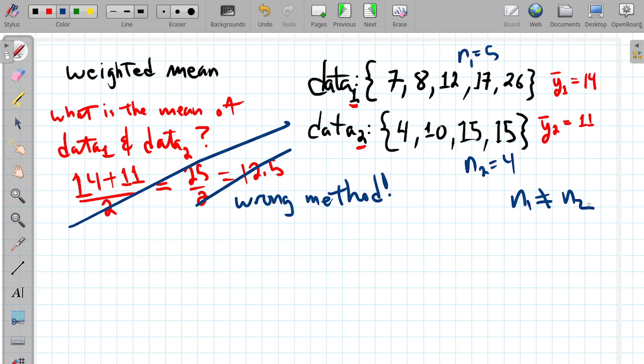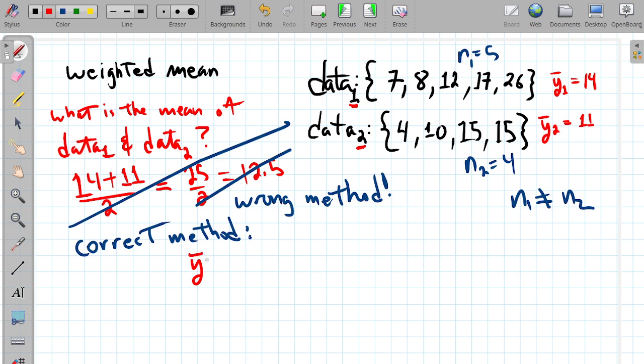But if there was several thousand numbers, that's probably not the way to do it, or you may not have access to the raw data. So the correct way is what follows here. So this will work in every case, whether you have access to the raw data or not. So the correct method is